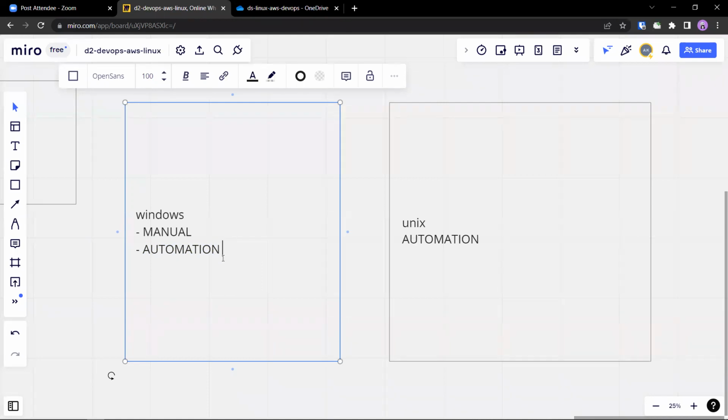We will see that in a moment. For now, let's try to understand the moment we talk automation, we will have to understand how it's done manually first. If you don't know something that is done manually, you don't know what to automate.